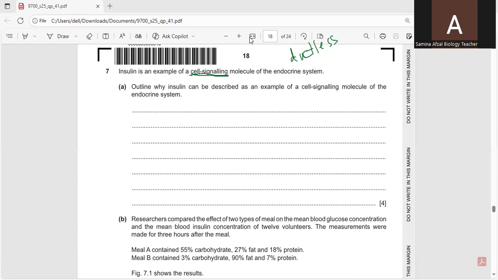It also binds to specific receptor proteins on the surface of these target cells. This binding initiates a signal transduction pathway that triggers a specific response, which is the uptake and storage of glucose, effectively lowering the blood glucose level. So in this way, it is an example of a cell signaling molecule. This explanation can be written in this way. The first point which proves it is an example of cell signaling: